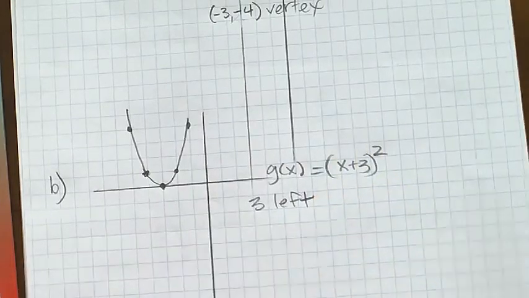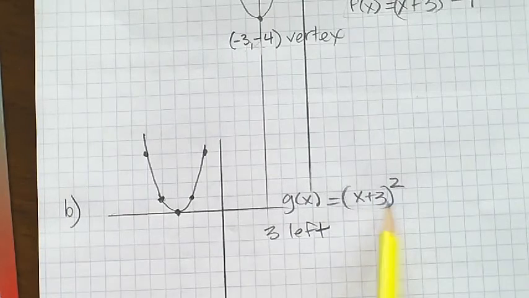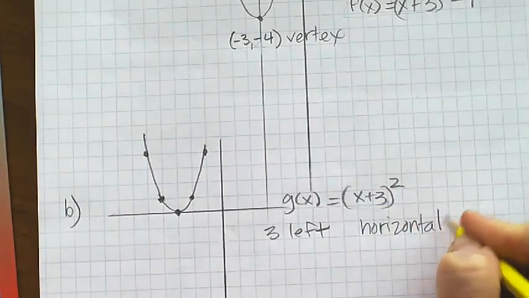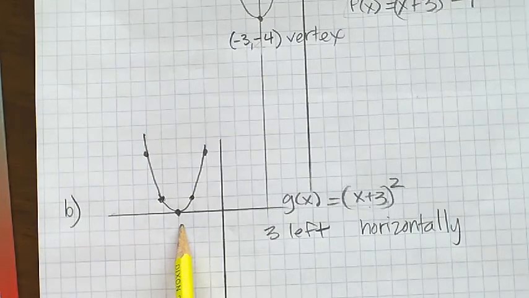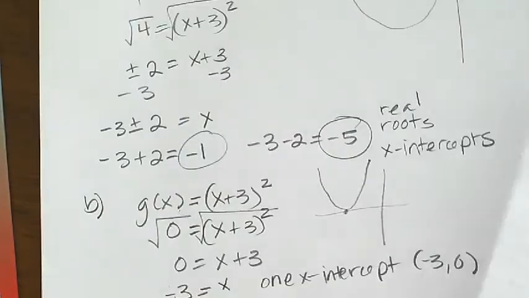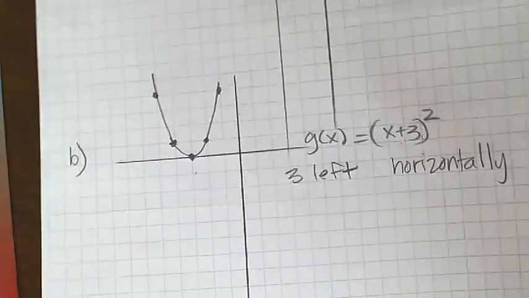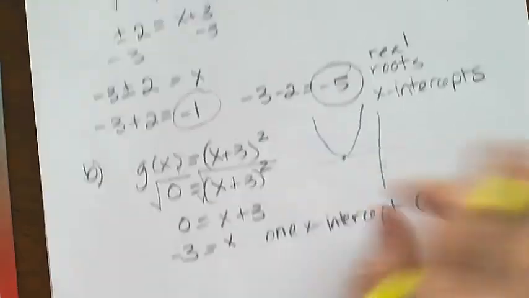Remember, I was saying this at some point that you would think when it's in parentheses, it's going to affect the graph horizontally. That plus 3 is going to move it either left or right. You would think plus 3 would move it to the right, but it actually moves it to the left. And we just figured out why. We solve for our x-intercept. We could plug in a bunch of points. We could see it that way, but it's important to make those connections. Okay, C